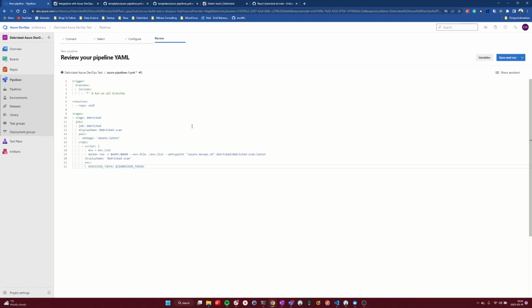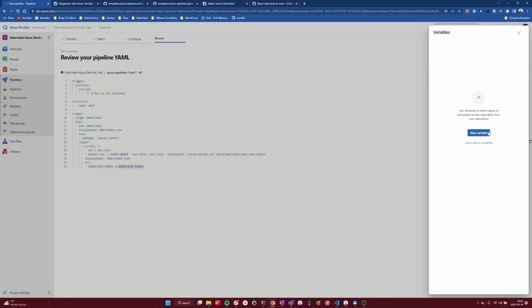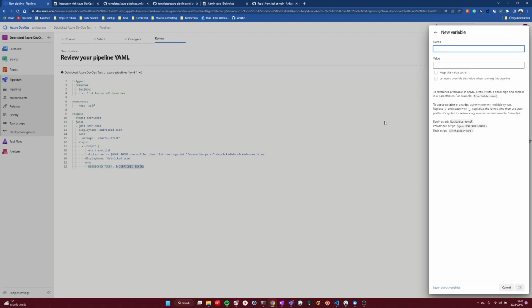And then it's important that to scan this, we actually need a token to make sure that we're posting the scan results to the correct user and the correct login of the Debricked service. And here you can see that the variable is named Debricked token. So to do this, we create a new variable. I already have created this one, but I will show you in the tool how we can create a new